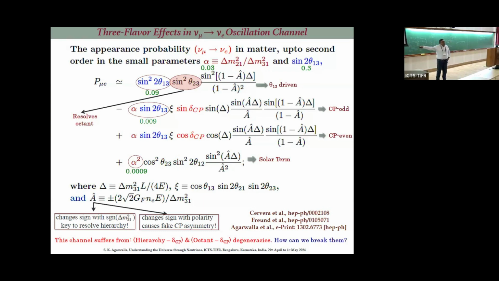Homework problem. Take theta 13 tends to 0 and see what happens to this formula. Just do it yourself. You have the slides? Do it at home. This is the standard solar term. If you do a little bit of calculation, you will see this is sine square of 2 theta 12 and this is basically the sine square delta m square 21 L by E, and this is the cos square theta 23.